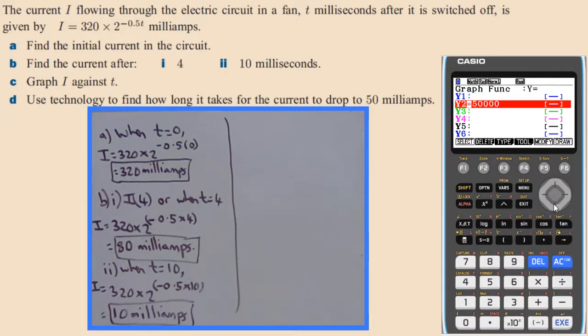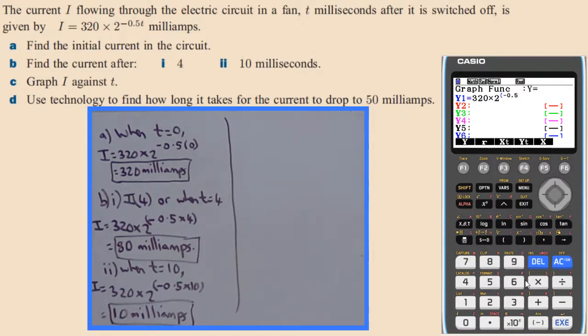Get rid of every graph in here, it would be my recommendation. Go up to the top and we want 320 times 2 to the power of, okay, I'm using a bracket, you don't need it for a good, nice, modern calculator like this, but I'll use it anyway. So minus 0.5